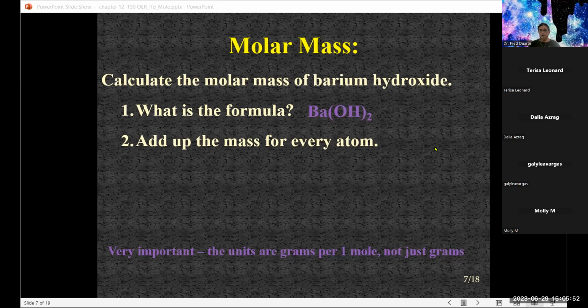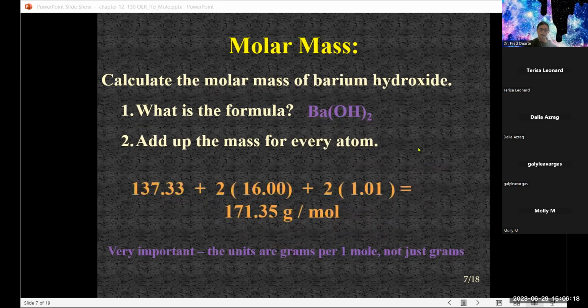Well, no problem. Determine how many atoms I have of each. Analogous to when we did the Lewis dot structures. Remember how we looked at it and we say we have this number of hydrogens, this number of nitrogens, and so on and so forth. Well, we're adding a step now. With that number of atoms, we're going to multiply that by the atomic weight. And so here we have barium has an atomic weight of